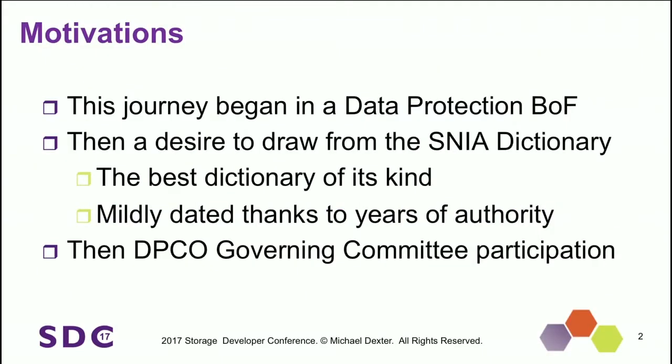And with any luck, this will be one of the most unique SNIA talks you ever attend, but I believe it's an important meta topic to address. And based on hallway conversation, there are others of that opinion. This is part of an ongoing journey that began in a data protection BOF at a SNIA event, where members of the DPCO were present, and we got on the topic of best practices and minimum best practices, and one